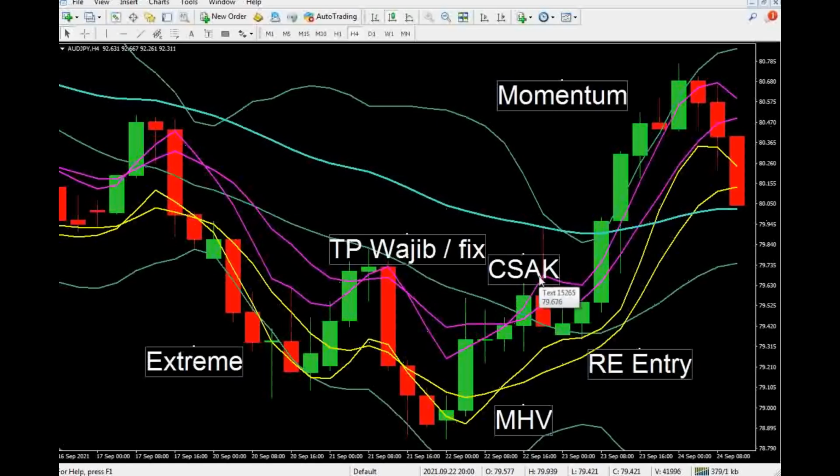And then the market makes a re-entry structure. After the re-entry structure, the market makes a momentum structure. What is meant by all these basic structures, I will explain one by one in my every next video. This is the full basic structure of BBMA OA